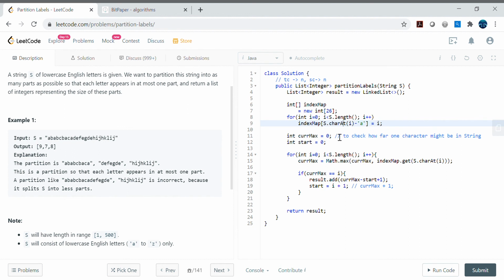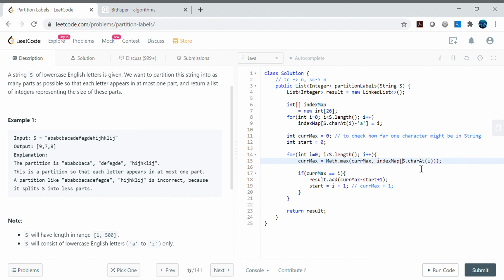If it is 'b', then it will give the ASCII code of 'b', and then minus the ASCII code of 'a', that will have the index 1, right? So the character 'b' will have the index 1, character 'c' will have the index 2, sorry, right? So accordingly, that's how we are doing it. So that's the way to build this, and the advantage we are getting is we only have 26 characters, 26 length here. So let's quickly do this here as well.